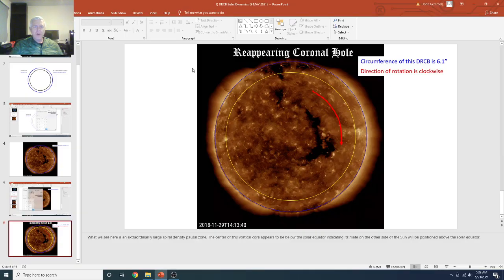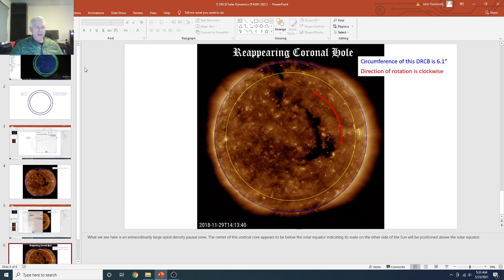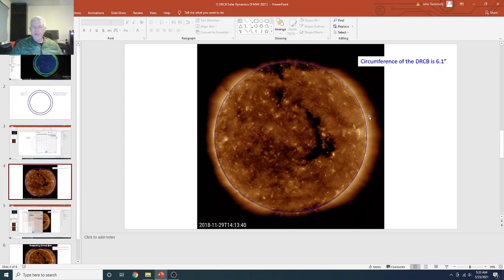And so I'm going to go down here and pop that one open for us. See, there it is, Reappearing Coronal Hole. We could go back and see what I looked at, but basically I looked at the sun, the very first picture, minus this little blue outline right here. I'll get rid of it. Oh, gee, I guess I have to hit the delete button. All right, so this is the actual photograph as it appeared to me. And of course, here you have this great big bald spot. Maybe we should be referring to the big orange ball.